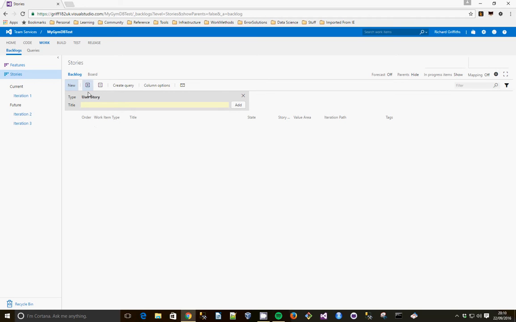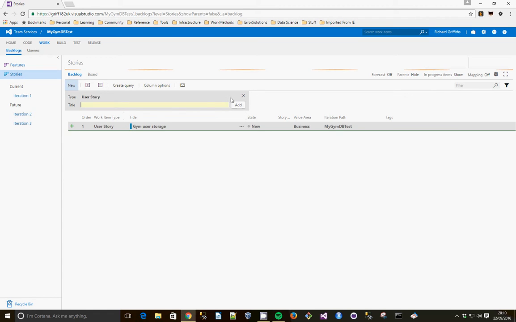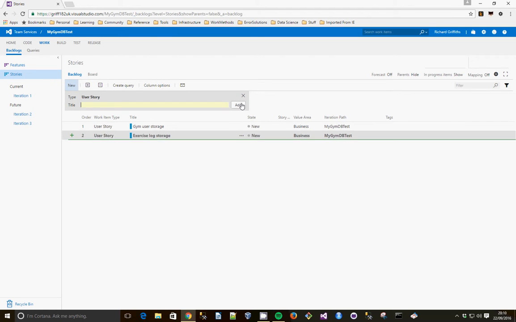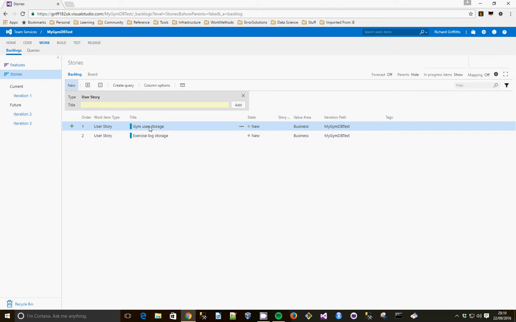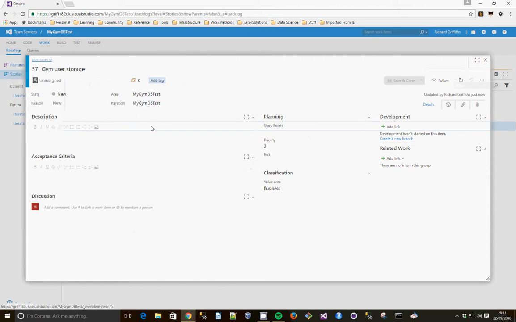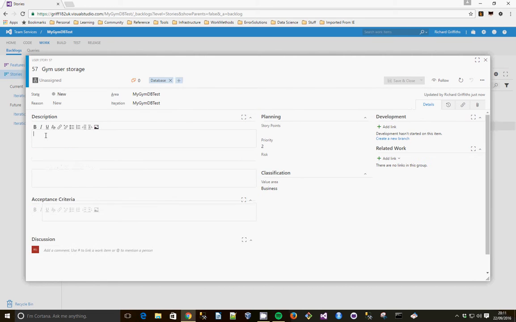And we're going to call this Gym user storage and add that user story. And another one is going to be exercise log storage. We'll add that, and then we're going to go into the first user story, Gym user storage, and we're going to flesh it out a little bit. So we're going to add a tag, and we're going to say database because it's going to be database work, and we're going to add a description, and we're going to